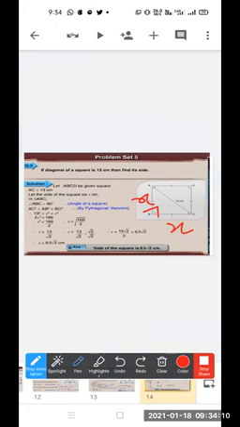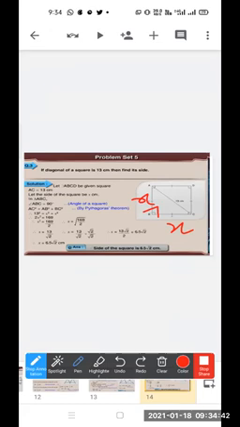Okay, now I have just told you that in a square all the angles are right angles. So if we consider triangle ABC here, ABC is a right angle triangle. In a right angle triangle we apply Pythagoras theorem and find the sides. Here AC is the hypotenuse. The square of the hypotenuse is equal to the sum of the squares of the remaining two sides. That is Pythagoras theorem.